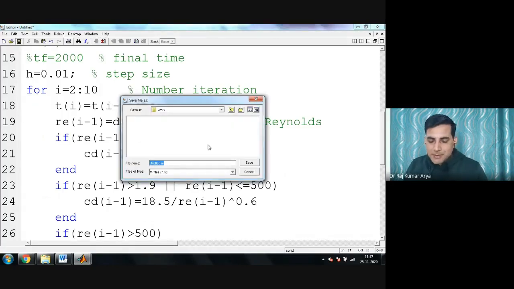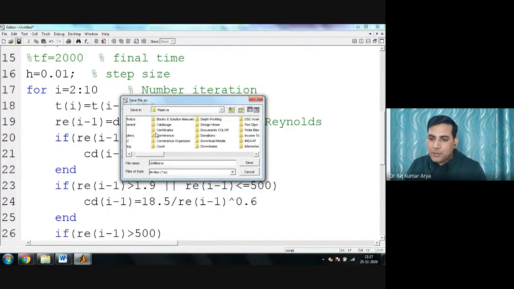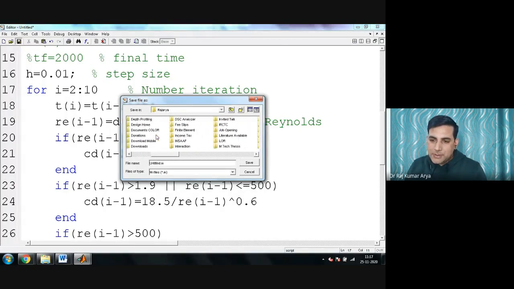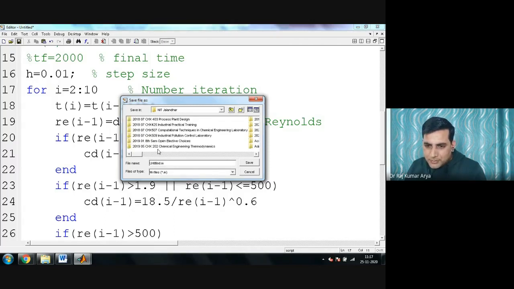So let's save it here. So always save in your D drive, don't save in the C drive and all this, because in case of formatting, you will format your C drive in case of failures or problems. So your everything will go away. So don't save anything in your C drive. Always put it in a proper place actually. So I take care of that part a lot actually.